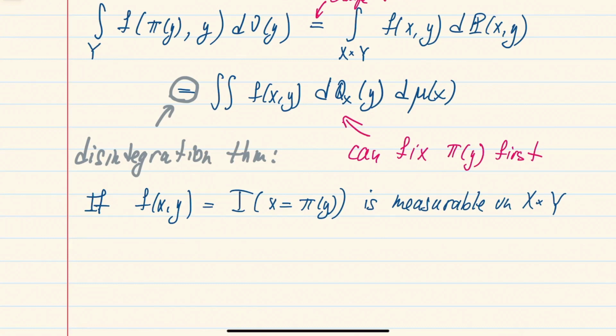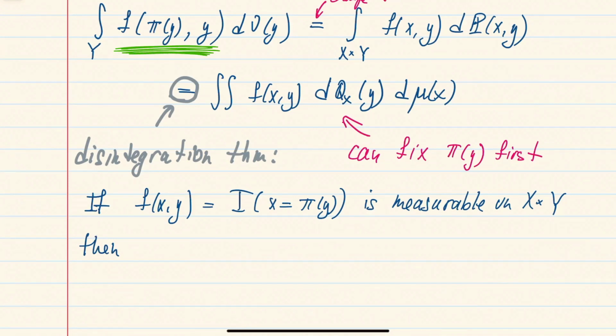Okay, so this is not always the case. If the space x is not nice, this might not be true. But if the space x is, for example, also a separable metric space, then this indicator will also be measurable. And then if you apply the above statement to this indicator, you will see that on the left-hand side, you